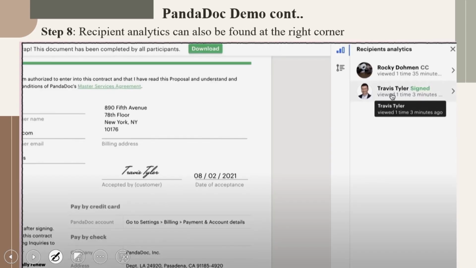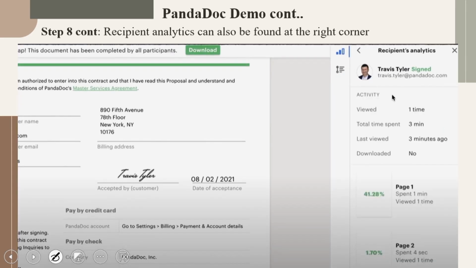So then you will see that we talk about the recipient analytics. It can be found at the right corner. If you ask me, let's say who viewed it, at what point in time, the timestamp becomes critical. You have a listing of who all viewed, whether action is taken, whether there is a lot of inaction that's happening, or the document is still pending at some particular table. All these aspects can be clearly vetted out here.